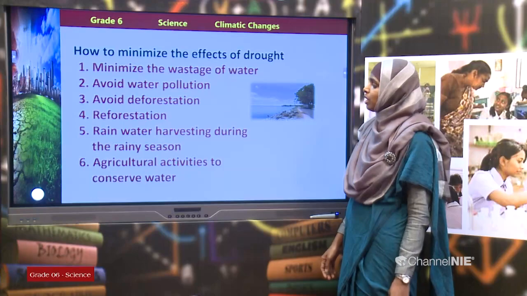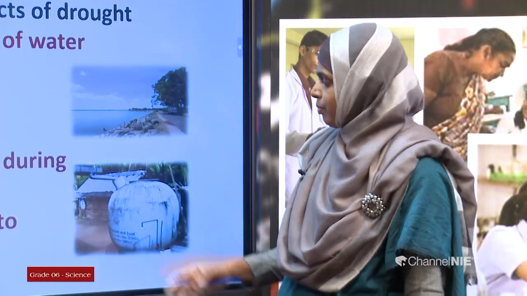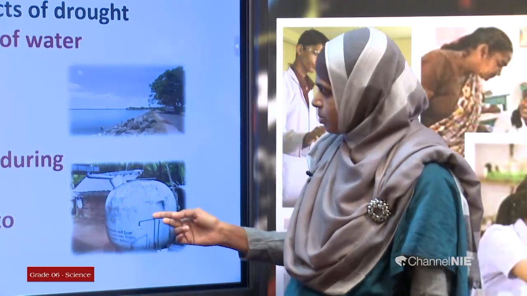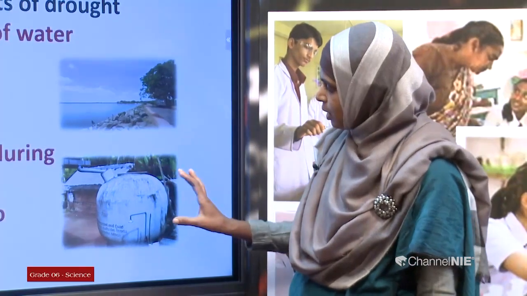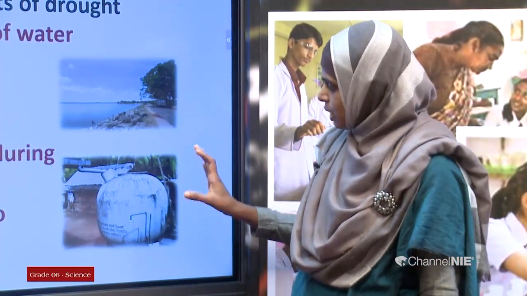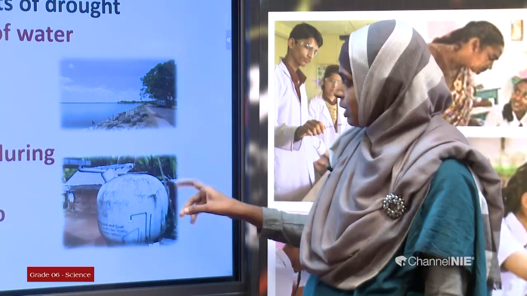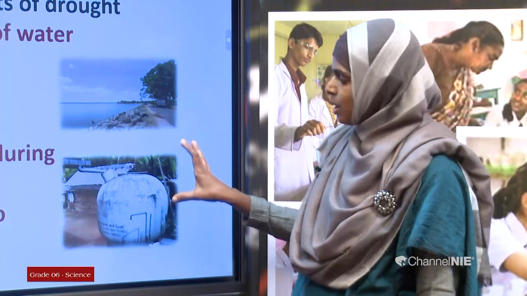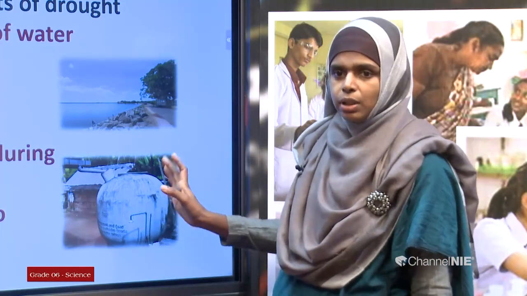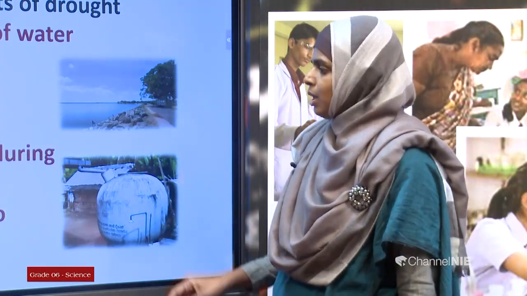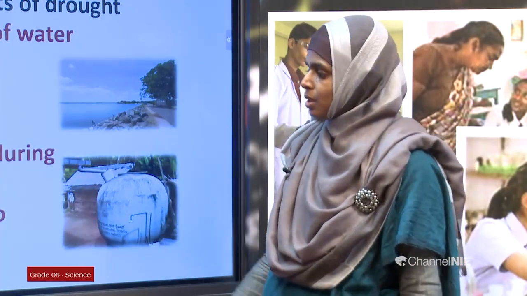Rainwater harvesting during the rainy season, that is done in most of the dry areas of a country. In this method, they collect all the rainwater from their roofs and they store it in a tank. This tank contains enough water required for the dry season, children. Rainwater is pure. Although they can't drink it, they can use it for cleaning and other purposes. Rainwater harvesting, collecting rainwater, can be done during the rainy season.